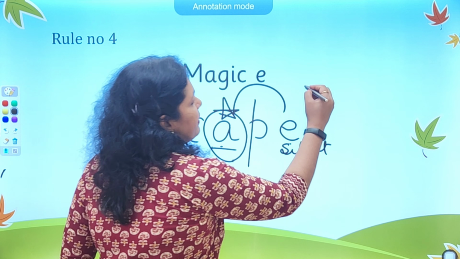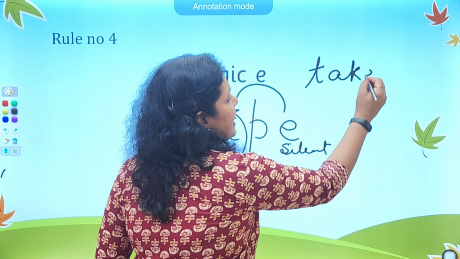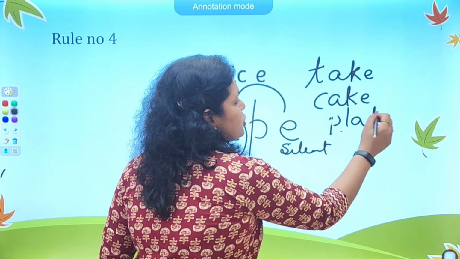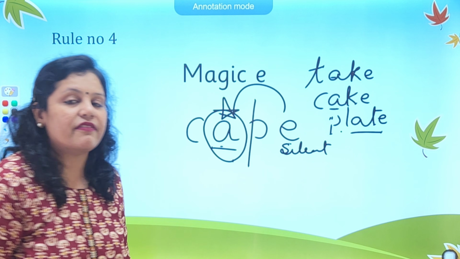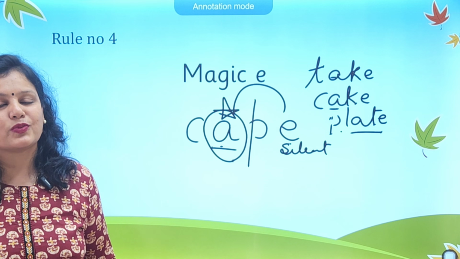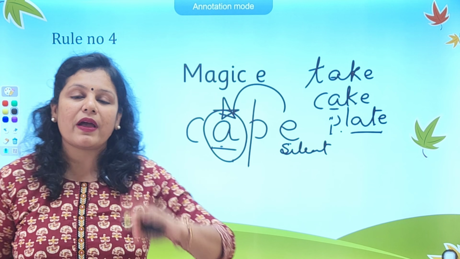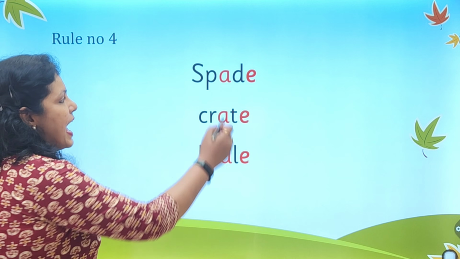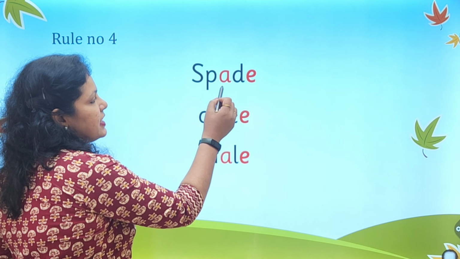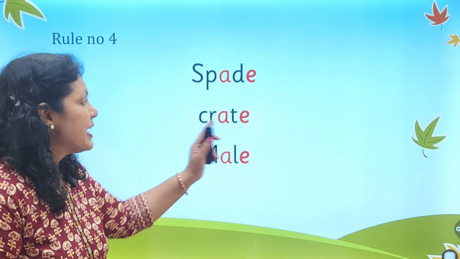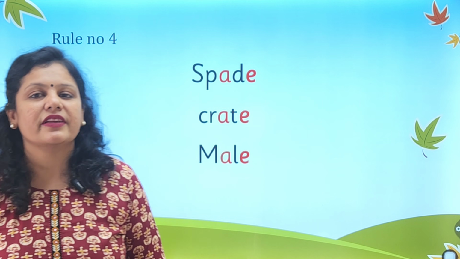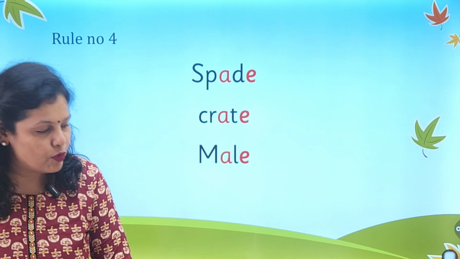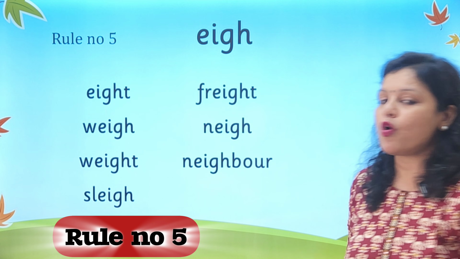It will no more be cap. Similarly, you have words like tape, you have words like cake, you have the word like plate. So here you will find that the letter A is giving you the A sound, and this is what is known as magic E. So this is my 4th rule for the long A grapheme. Let us see a few words of magic E, as in spade. Because of this letter E, the letter A is giving you the A sound. Crate, mail, and similarly we have many words where the A sound is given out of the magic E rule. Let us quickly see the rest of the other graphemes.